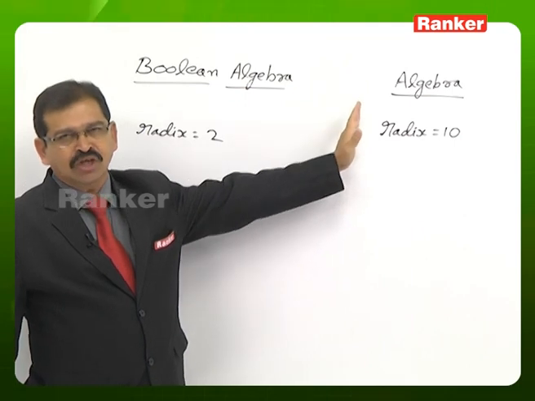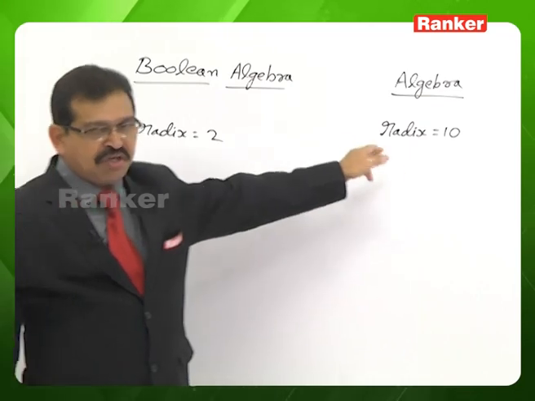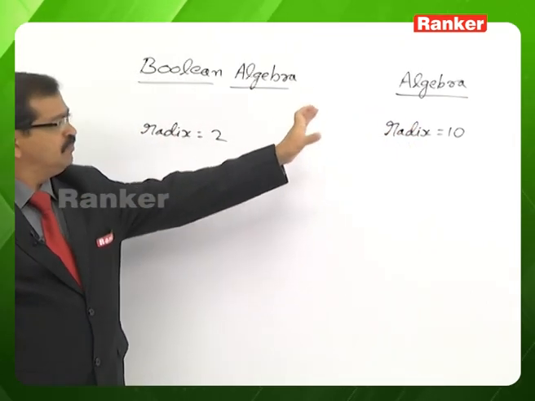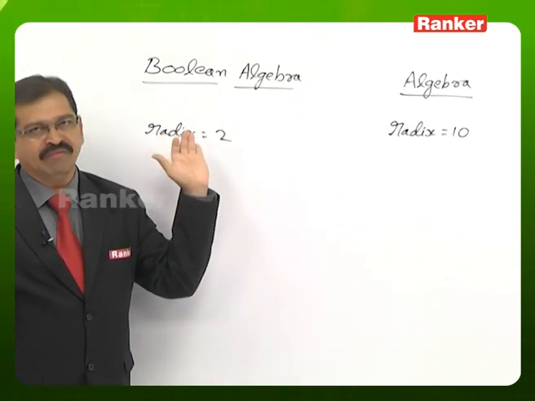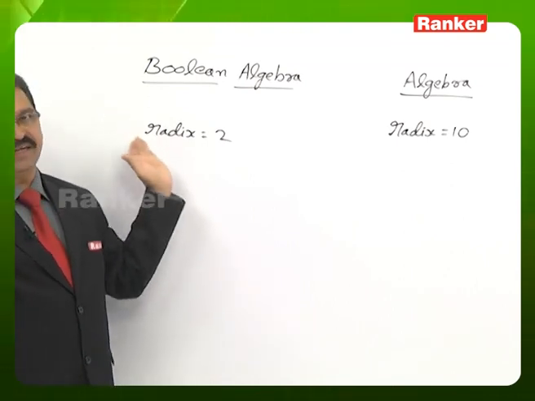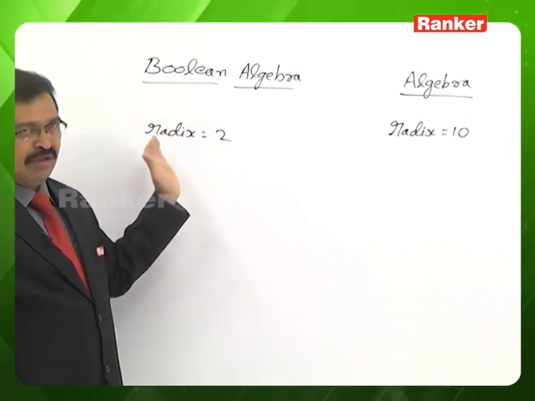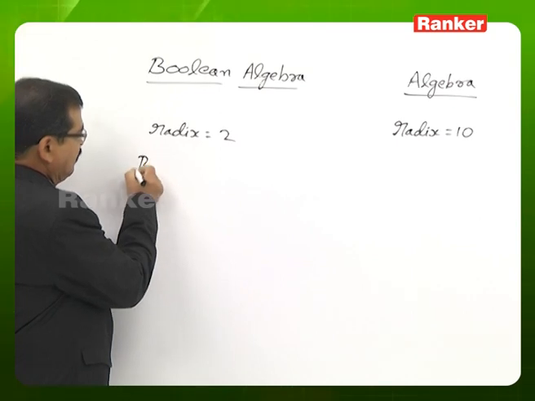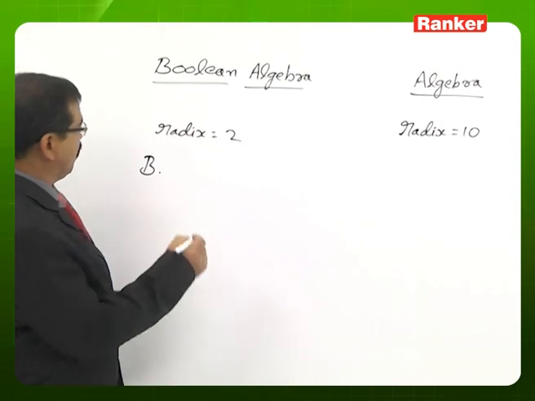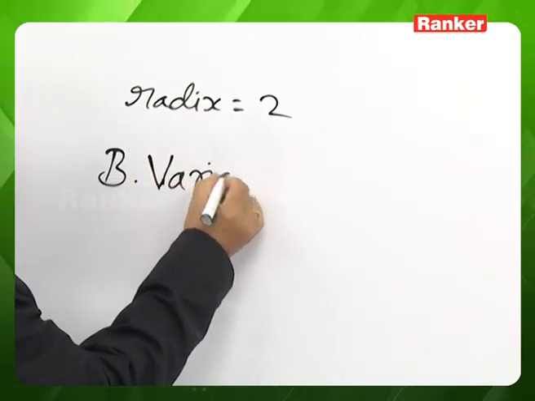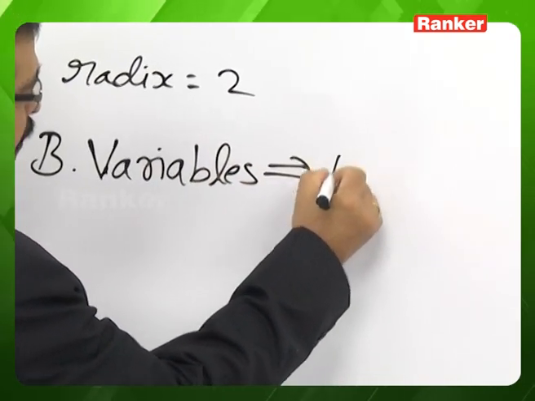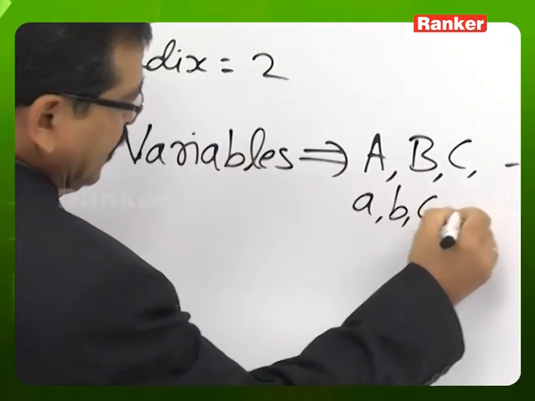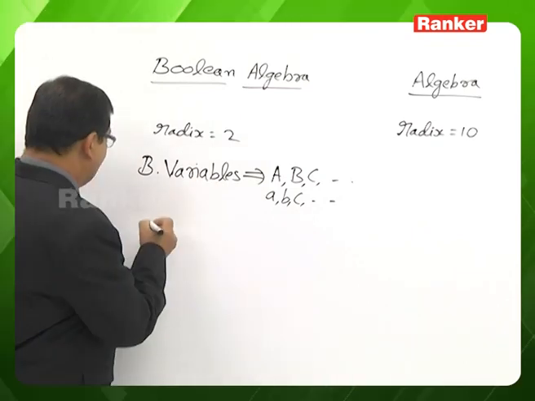As we know, in conventional algebra, we are dealing with equations and expressions. In these equations and expressions, we are basically relating the variables by using a few operators. Similar to conventional algebra, even in Boolean algebra we are dealing with equations and expressions, relating the variables by using a few operators. Here also, because of the binary number system, we name the variables binary variables or Boolean variables. Here also we represent them, similar to conventional algebra, using uppercase letters or lowercase letters. And to relate these variables, we have the operators